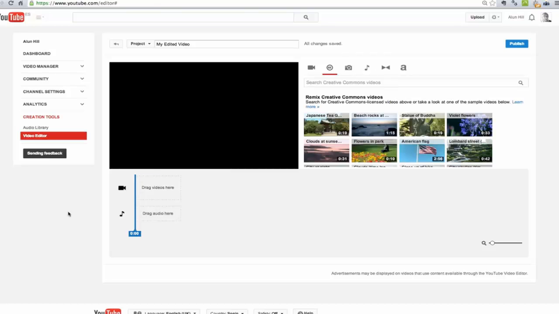So let's have a look at how to create a new video completely from scratch. I'm at the YouTube editor, so Creation Tools and Video Editor, and this is the screen that you get. Normally you'll be in this section which will show your film, so you need to click this button, Creative Commons Videos. You can see the CC in the circle there. And there's some sample films here, but there's millions in here, so we just need to know what we're going